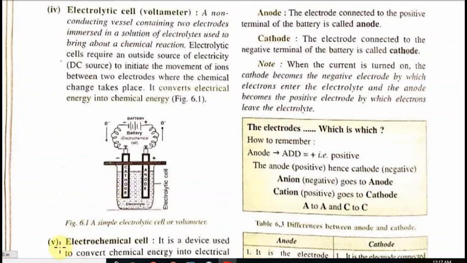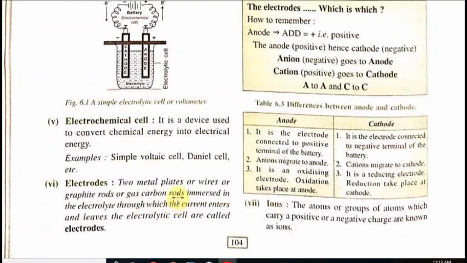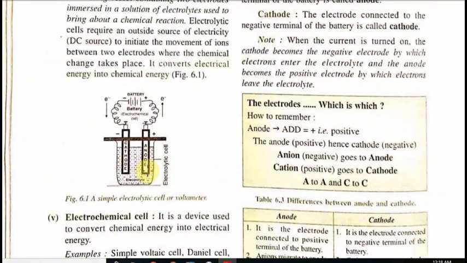Next point is electrochemical cell. An electrochemical cell is nothing but a DC battery which converts chemical energy to electrical energy. Students, you have read about the Daniell cell and voltaic cell in physics in class 8. Now next point is electrode. Electrodes are a metal plate, point, wire or anything from which electric current goes into or comes from the solution. In this figure you can see these are actually two electrodes. This is one electrode, this is one electrode.